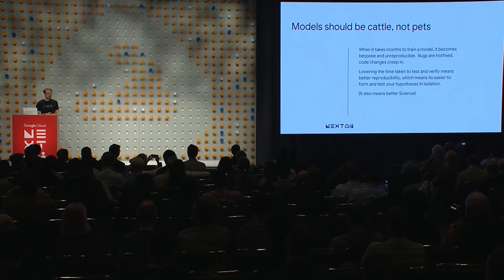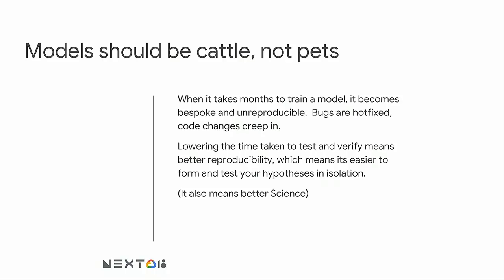In relation to this idea that your pipeline is going to be faster, we really want to try and make our models more like cattle and less like pets. Are you familiar with the cattle, not pets metaphor from containers? Some folks may be getting the idea. The idea being that containers let you reproduce the exact build of the software you're running. You can say that my server is interchangeable, that I can get more of them. I don't need to give it a name. It's not special.